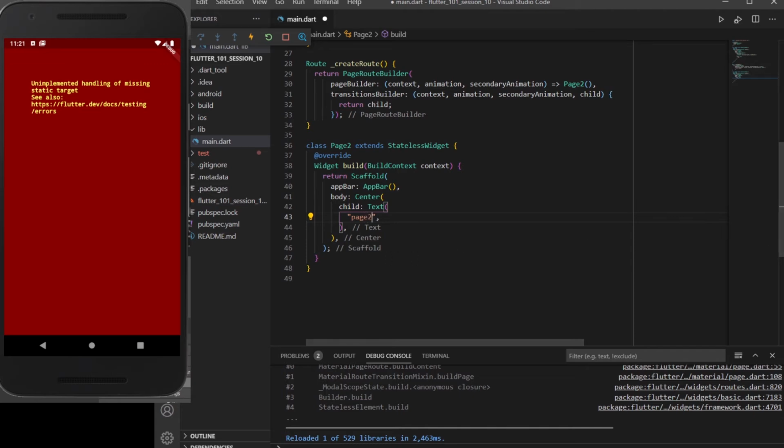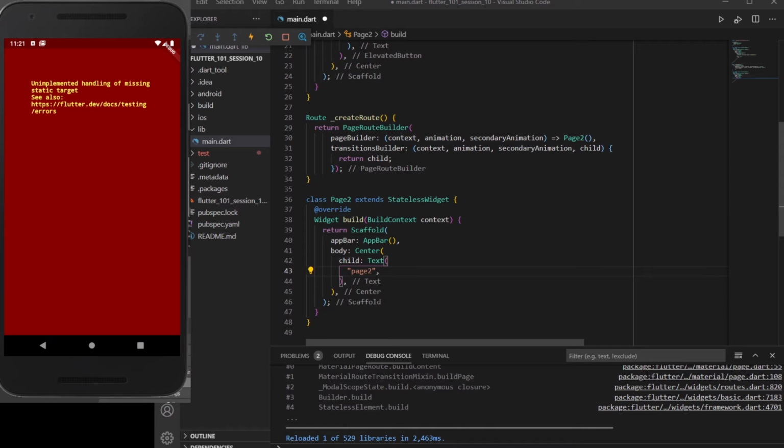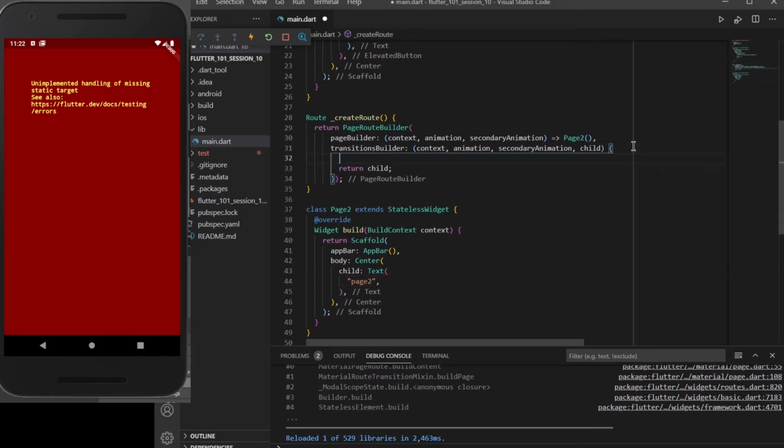Now we need to create a tween. So tween is basically for making animations. It will be animating us through an offset, and we'll be setting the various available options inside this transition builder. In the transition builder, before returning this child, we can add various different tweens. The first thing I'll add is a begin variable, which will set the offset to 0,1.